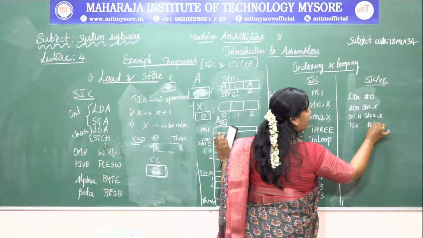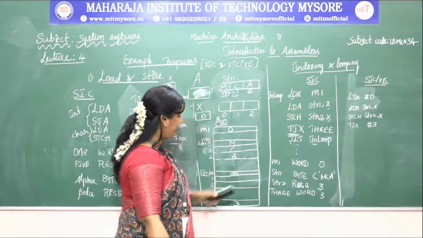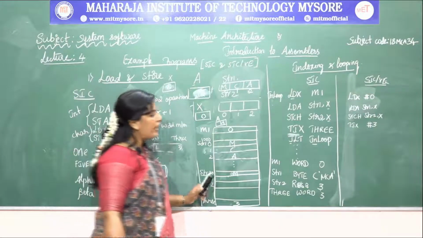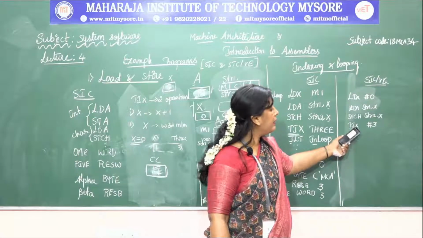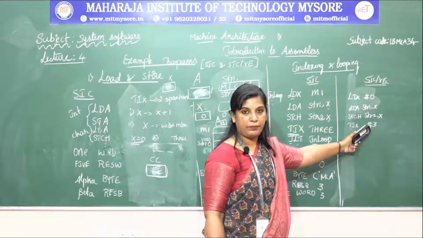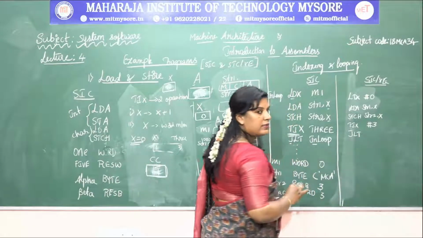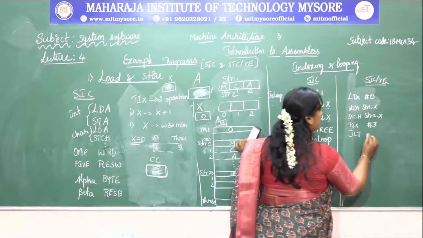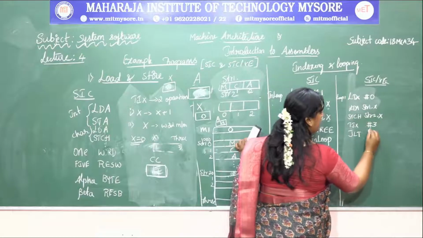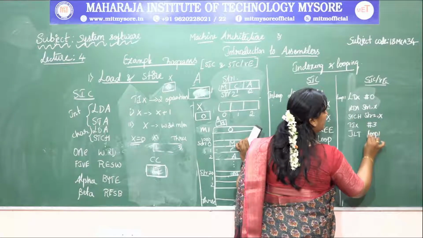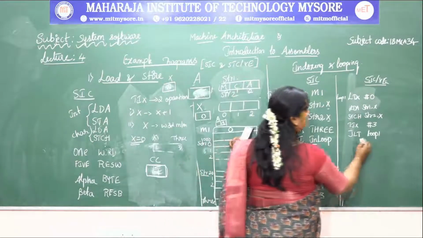So here we are using an immediate value 3. No need to refer to a memory location to get the value 3. What it is going to do is immediately increment the X value by 1, and immediately compare that X value with this 3. After that it is going to set the condition code flag bit according to the result. Then JLT. Of course we are using Loop 1, whatever name you can give here, but we have to mention the same name here, where the control has to go. This is the program.